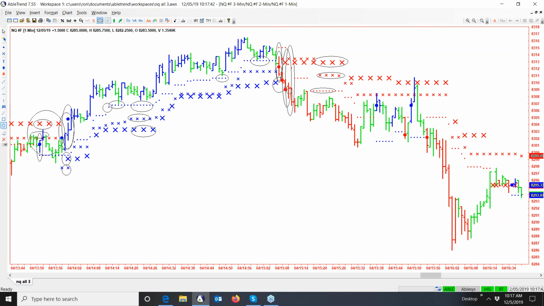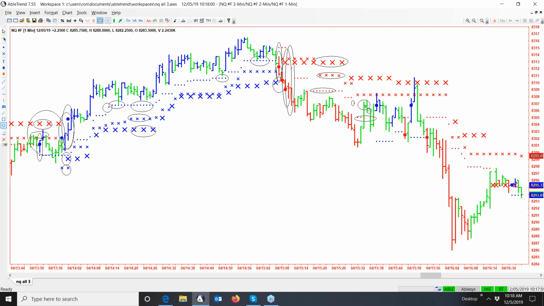So there'd be a triple confirmation short trade. That's what that would look like on your chart, if that's what you have. Red bar, red dot, red X. Down it goes, and then actually stopped out here because that's the previous higher red dot. Here would be the first red dot, and then see how it pops up.